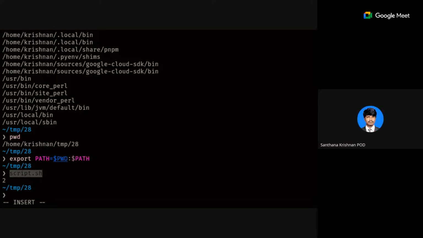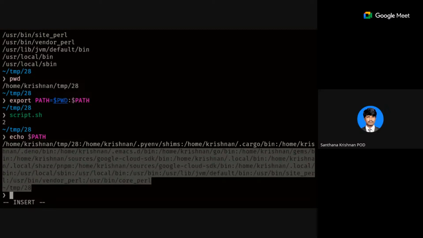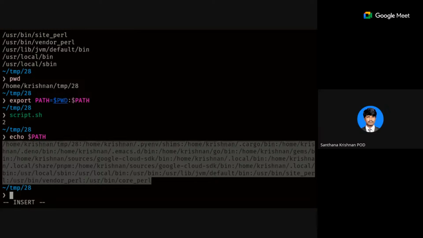Okay, no issue. Actually, there is a variable called PATH, both in uppercase. Whatever is in it will be folders separated by a colon. For the executables inside these directories, you don't need to specify the path or relative reference anymore.